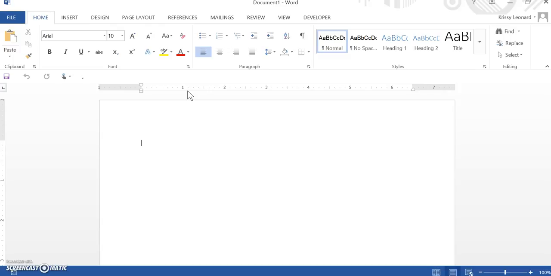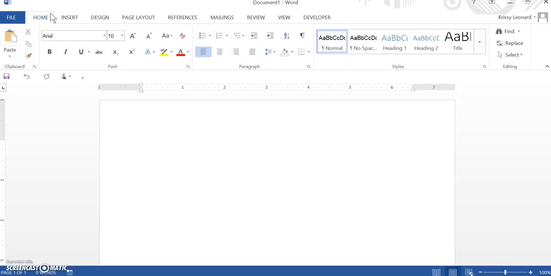It depends on what computer you're using, what changes you might have made, and settings that you might have created, etc. So we're going to walk through them really quickly. First of all, when you open up a new document, it brings you to the home page where you're going to be able to set up some of your basic format features.